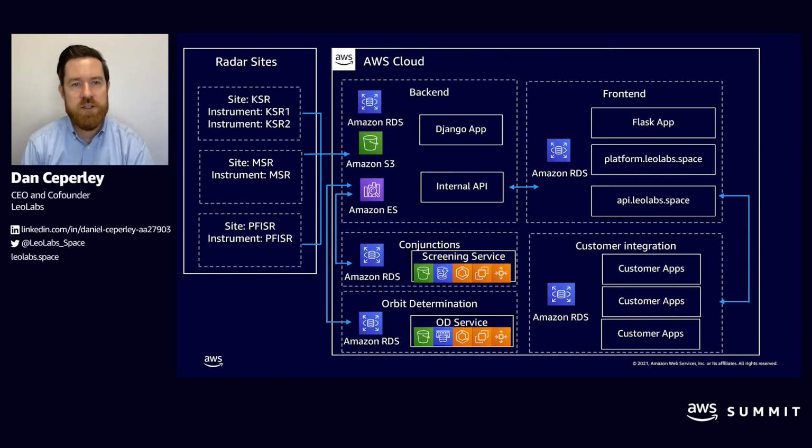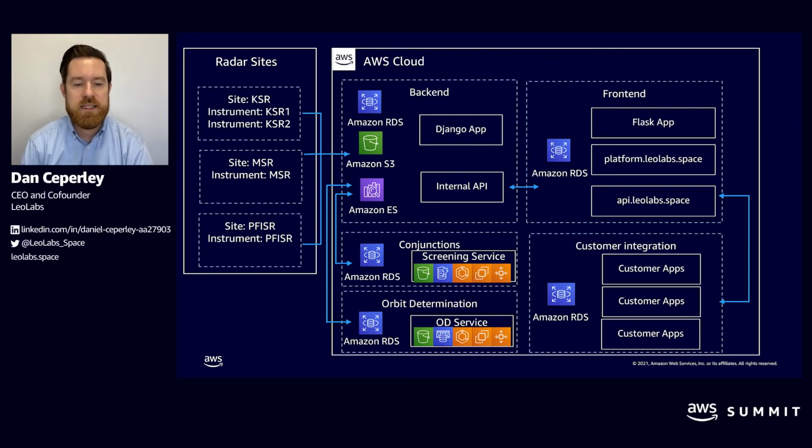So when we talk about collision avoidance, we may be focused on a single satellite. We're actually talking about being able to check that satellite and its trajectory against 16,000 other satellites or pieces of debris today. And in the course of the next couple of years, being able to check that satellite's trajectory against up to 250,000 other satellites and pieces of debris. This is a task that frankly used to be impossible because we weren't able to scale up the computing resources to be able to do that in any sort of reasonable amount of time. But now that we're working in the cloud, we're able to put that data into the cloud in real time, and we're able to conduct those searches in real time.